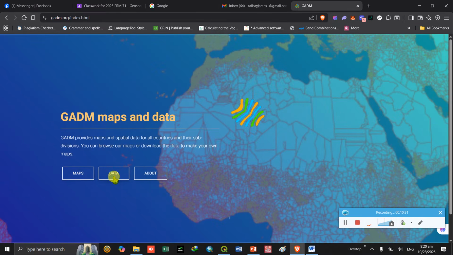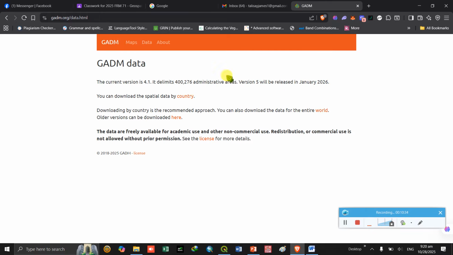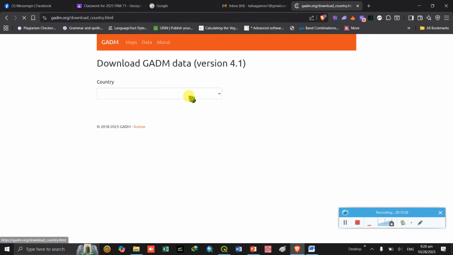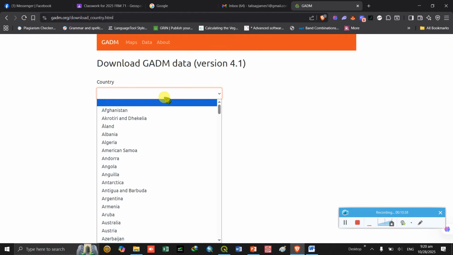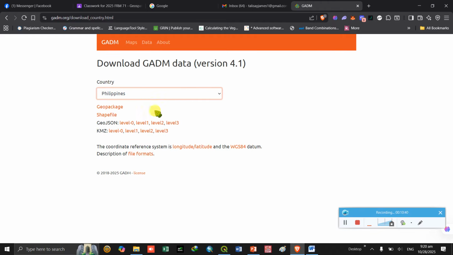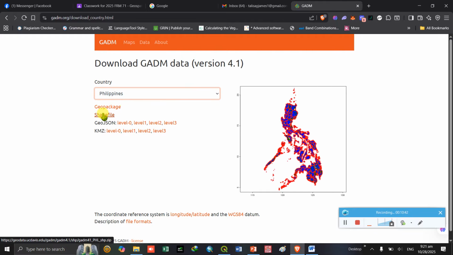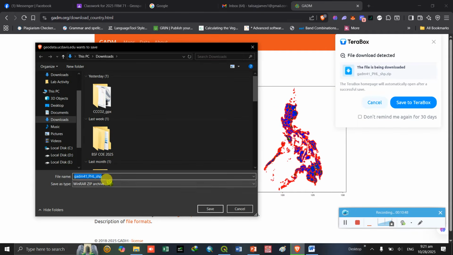So click data, then of course the country, set the country, then Philippines. Then we will click the shapefile, okay, for download. Then this is GADM 4.1, then click save.